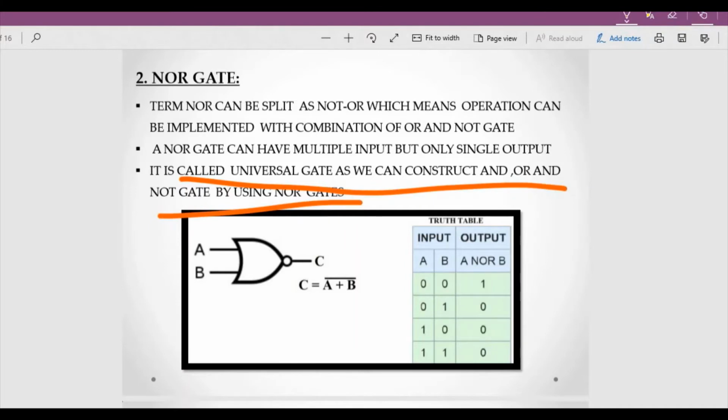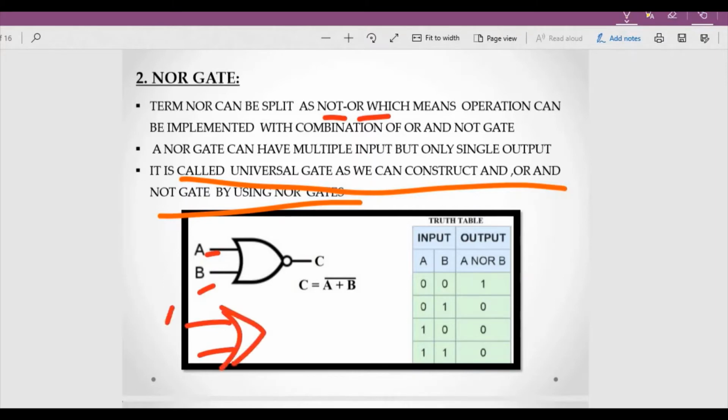In this NOR, as the name suggests, it would be nothing but the complement or inverter gate, NOT plus OR. It is a combination of an inverter or the complementing gate with OR gate. Okay, so here the basic logic would be nothing but A plus B would be getting after the OR gate, and it would be complemented. Okay, so as we know that this is the two inputs, we can also draw it like this.